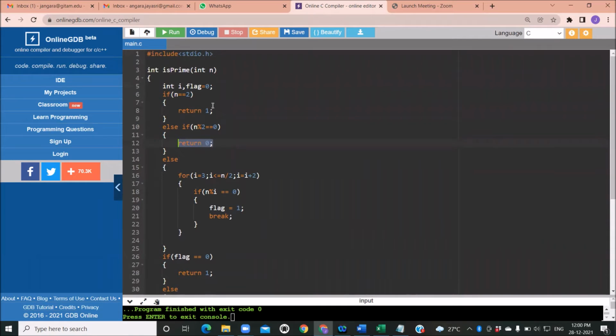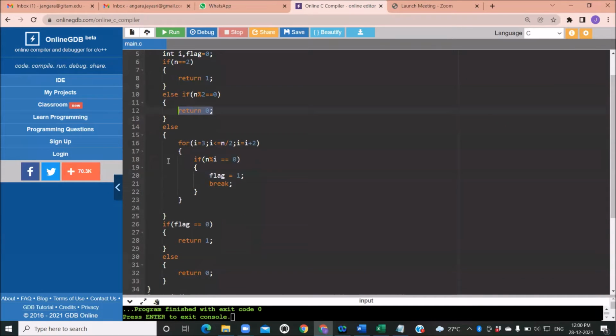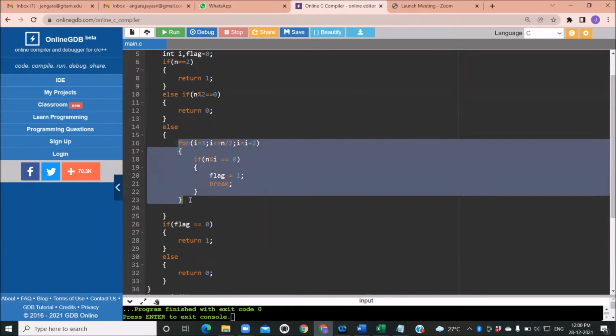If a particular number is not 2 and it is also not divisible by 2, in such a case it comes into this part. So only if the input that you give is an odd number are we going to execute this particular block of code.